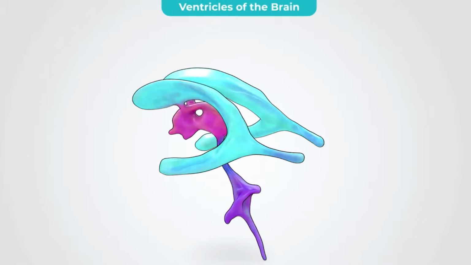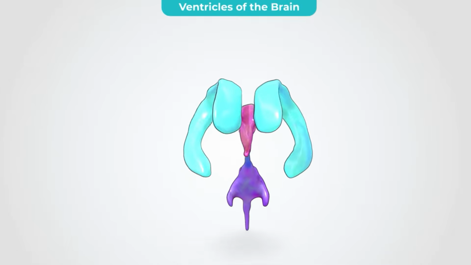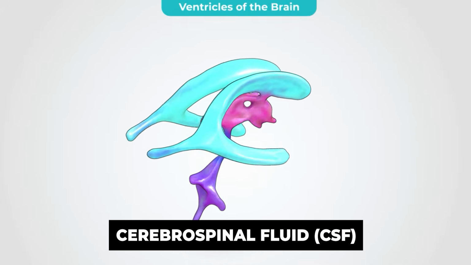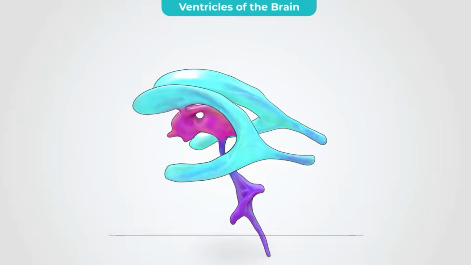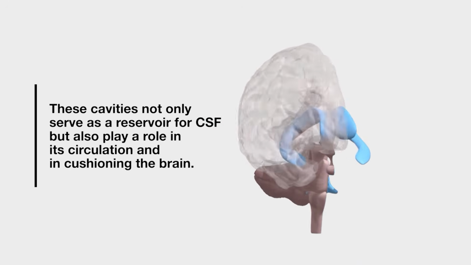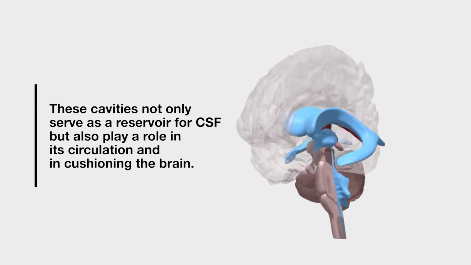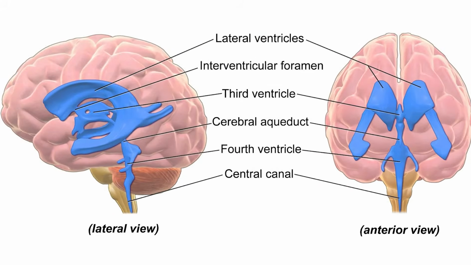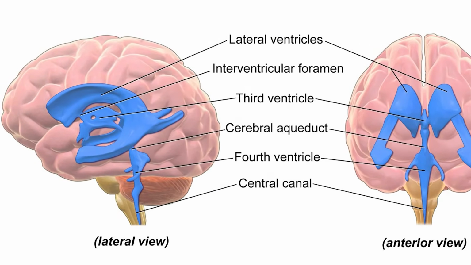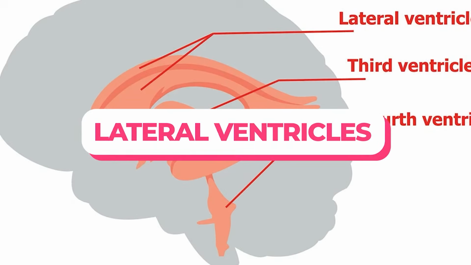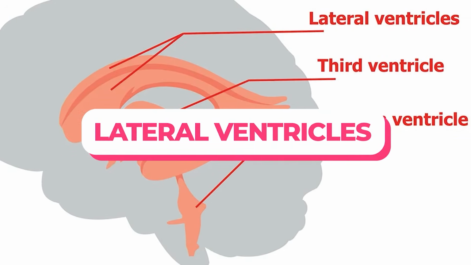Ventricles. The ventricles of the brain are a connected system of cavities filled with cerebrospinal fluid, CSF. These cavities not only serve as a reservoir for CSF but also play a role in its circulation and in cushioning the brain. Anatomy and structure. The ventricular system comprises four main ventricles. Lateral ventricles, first and second ventricles. These are